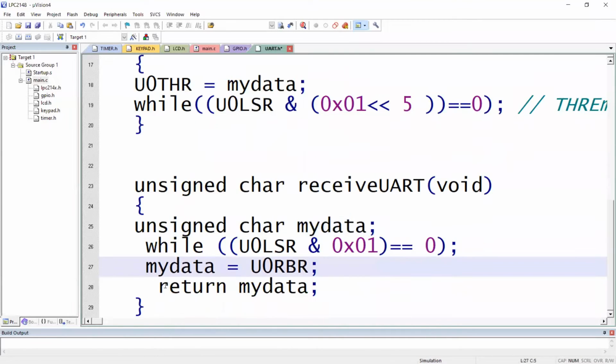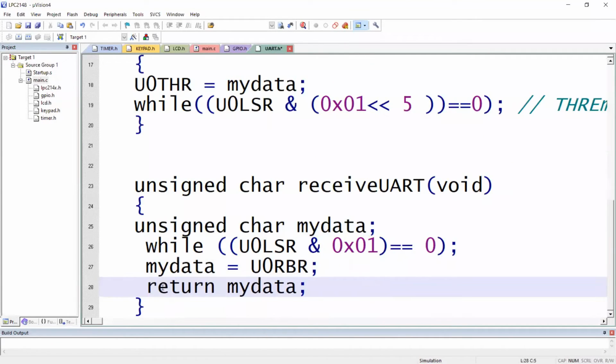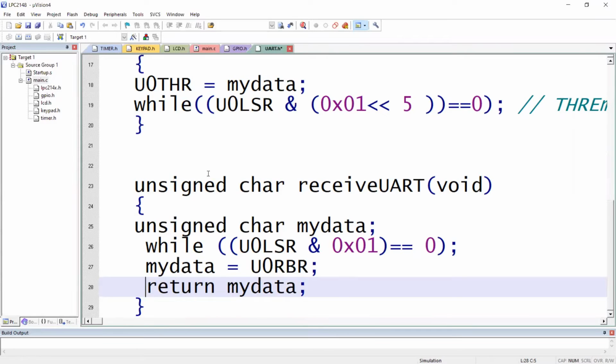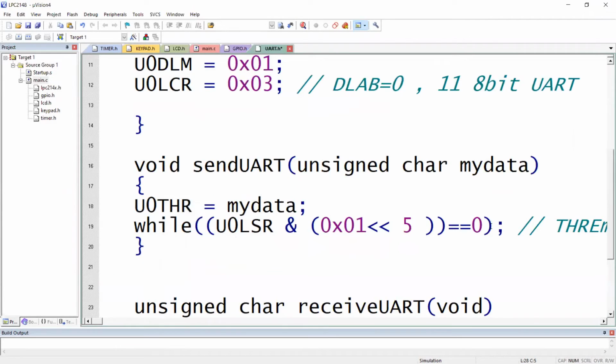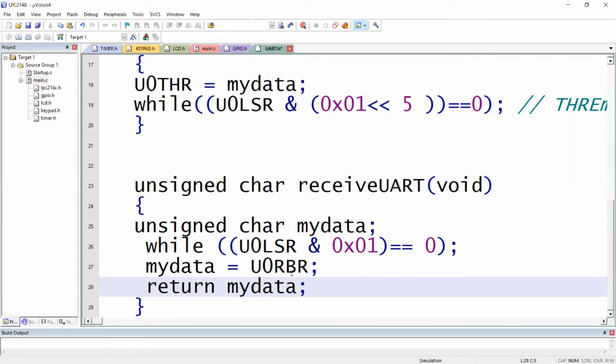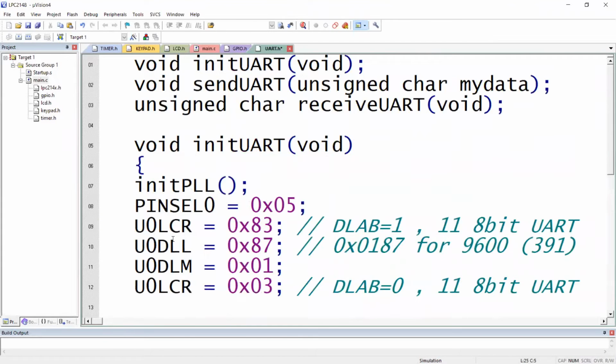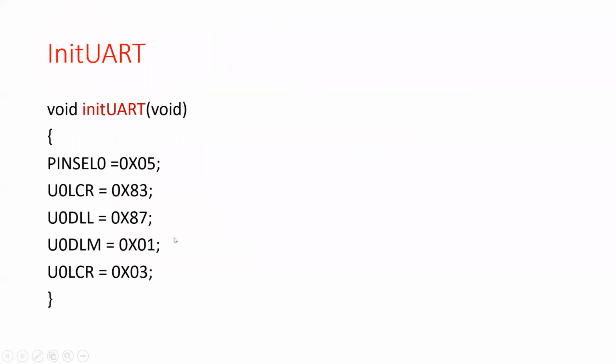Again, there is no need for clearing the receive buffer register for the next operation, because the moment you read the value from this UART0 receive buffer register, that flag is automatically cleared. So it would be ready for the next iteration. So clearing these bits is taken care of by the processor. During transmission, when you load a value, it is cleared. During reception, once you read a value, it is cleared, so let us not worry about it. These are the three functions which I would be interested to use in UART.h, which we will see in our application. I'll quickly run through these functions.